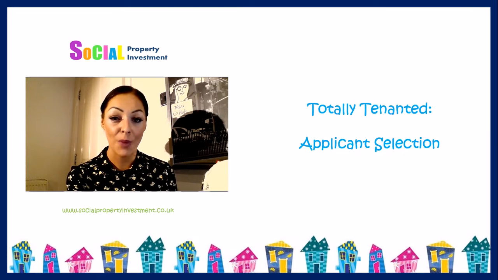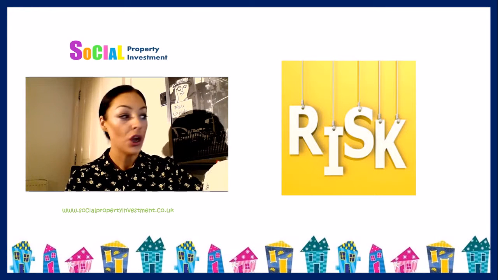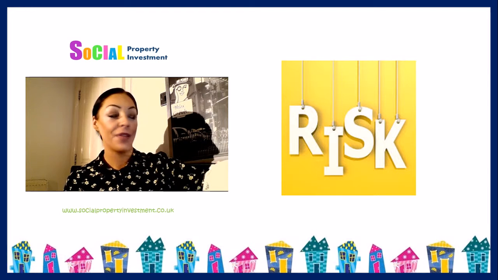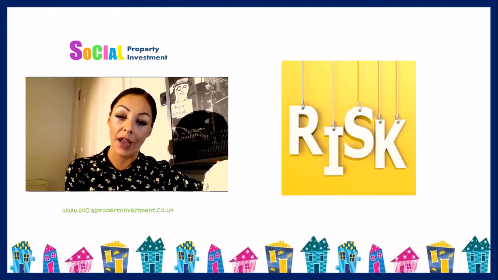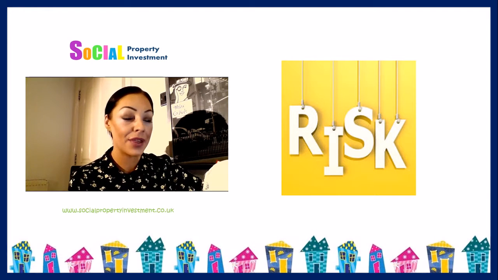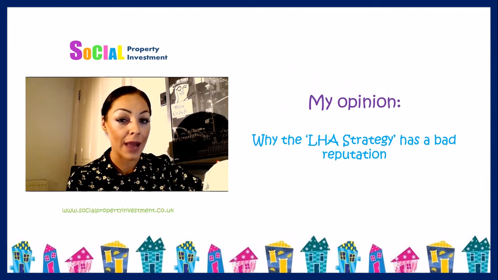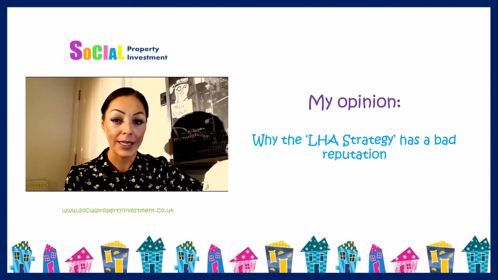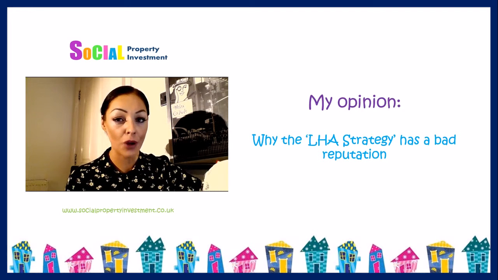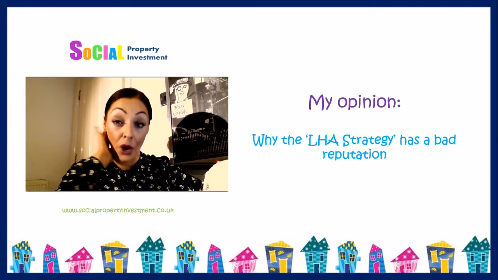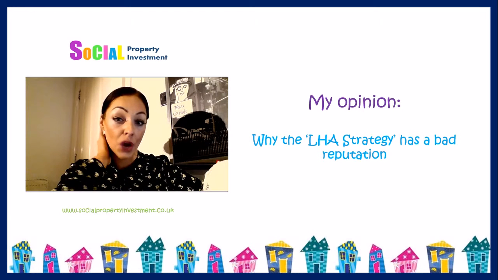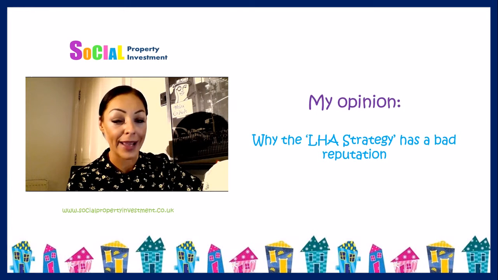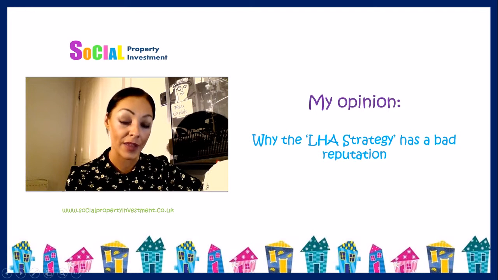So one of the systems I came up with during the pilot scheme was the ABC risk system for social tenants. I figured out quite early on in the pilot scheme why I thought local housing allowance or welfare claiming tenants in the private sector tend to get such a bad reputation. It's quite well known that not a lot of landlords actively choose to work in this marketplace, and those that do have encountered lots and lots of issues with these types of tenants.